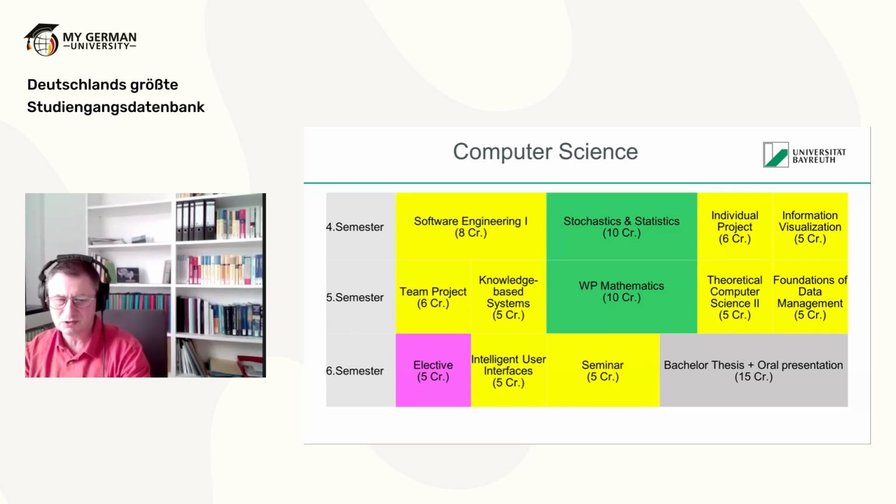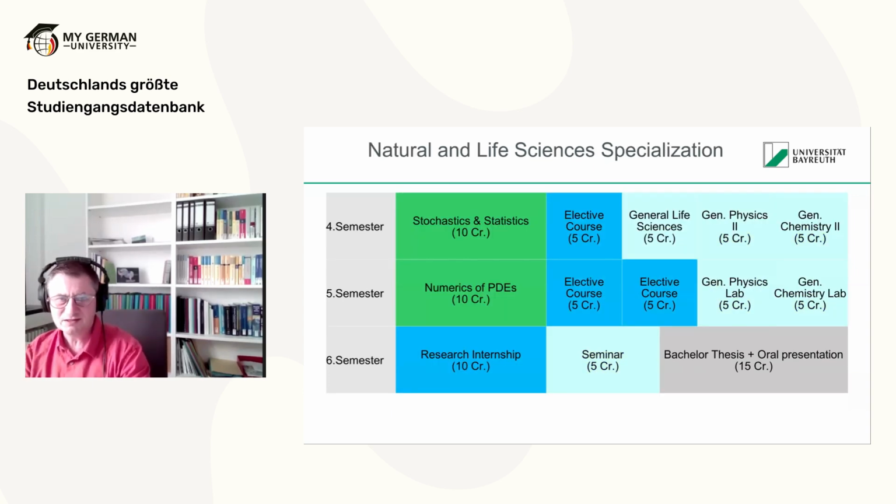The computer science specialization covers the standard computer science areas, and in addition, it also has two large mathematics components, and an elective component that can be used to put in classes from other areas. The natural and life sciences specialization offers different classes. Here you see more blue color. Blue color means our application area. So you have different types of offerings from physics, chemistry, biochemistry, life sciences,